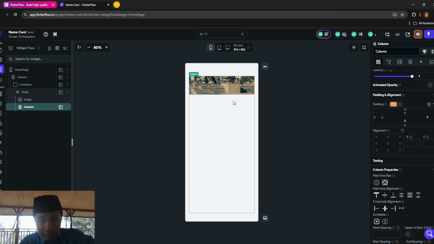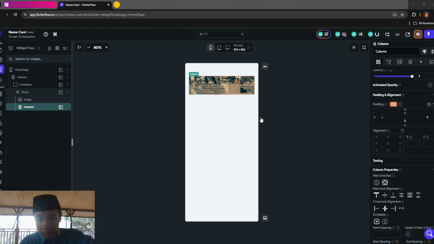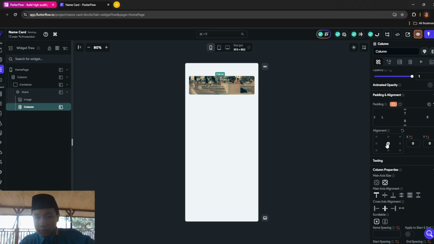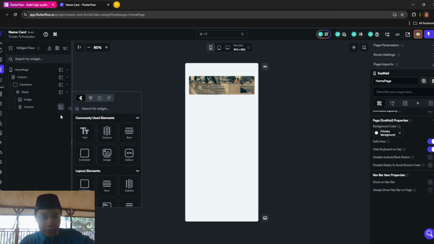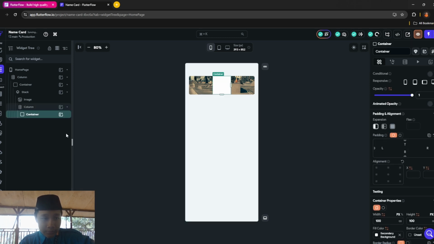It should appear like this, and the direction is column. Then set the alignment to the middle, and for the row, horizontal. If you want to add a container, it should be like this.